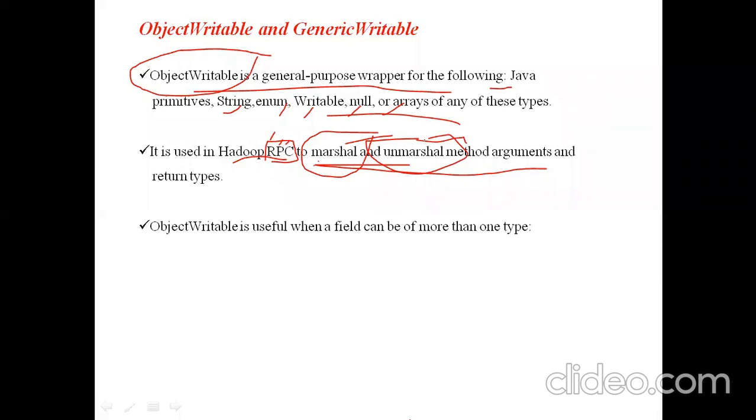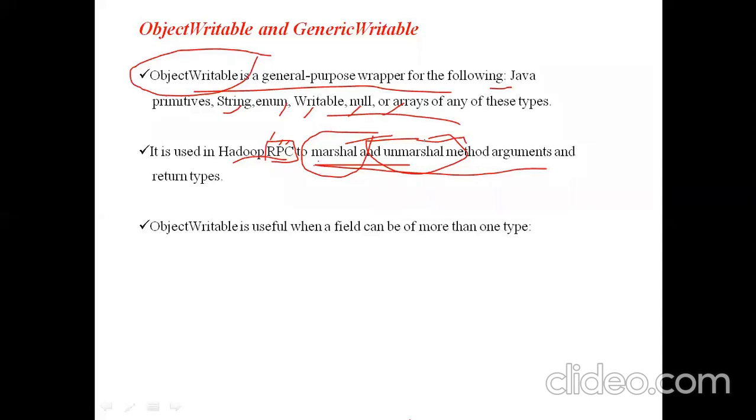Marshalling is similar to serialization. Unmarshalling is similar to deserialization. But the difference is that serialization and deserialization are applied on objects, whereas marshalling and unmarshalling are applied on method arguments. On method parameters we use the marshal and unmarshal technique.